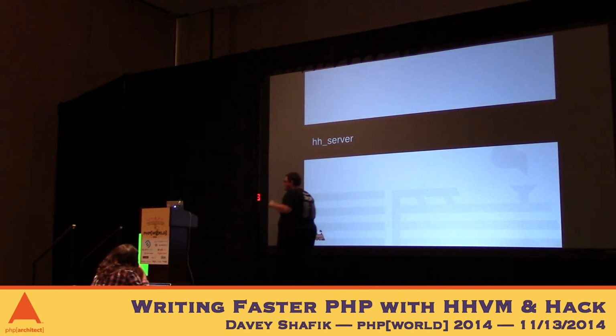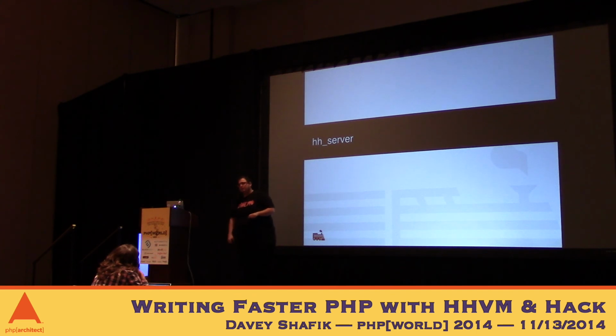There's HHserver. HHserver is the actual static analysis tool, and what it does is it sits there running in the background, uses iNotify to see if you've made any changes, and as soon as it sees a change, it runs and does a static analysis. But it doesn't show you anything. It just runs it and stores it. By default, it will analyze both PHP files and .hh files, but only if they have that HH open tag. So it will not give you analysis on PHP code.